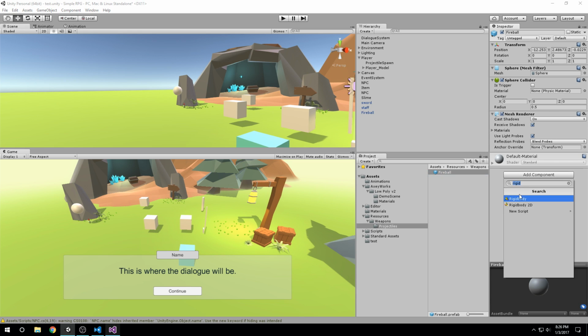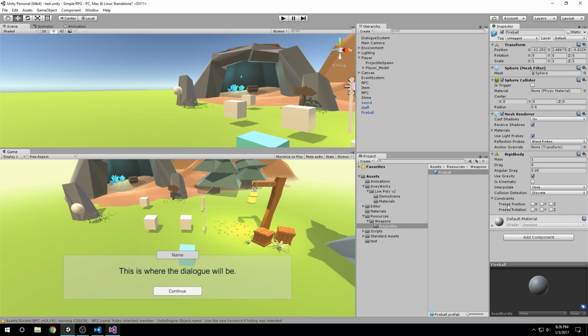But I also want a couple of different things here. I want a rigid body for sure. And I'm going to turn off gravity because this fireball is just going to go straight out. It's not going to fall. It's not going to bounce. It's going to go straight out from the player. You could add some cool effects to yours if you wanted it to bounce like a Mario fireball or something. Wouldn't be too hard with the built-in physics engine, but for me, just no gravity,